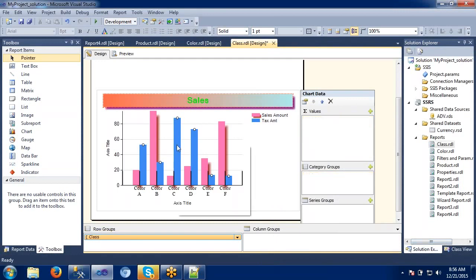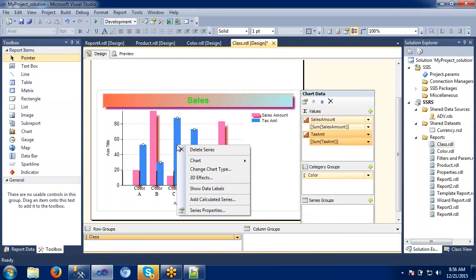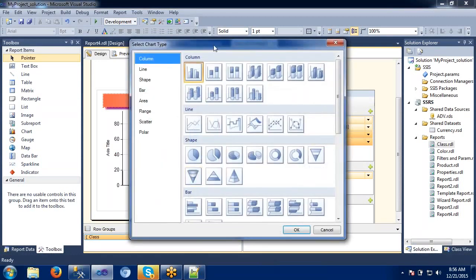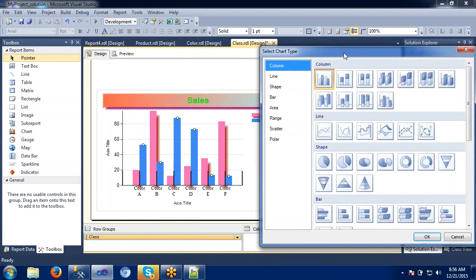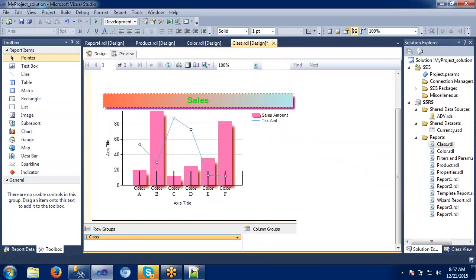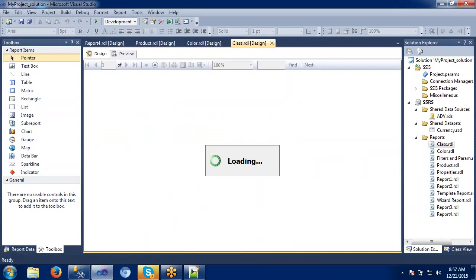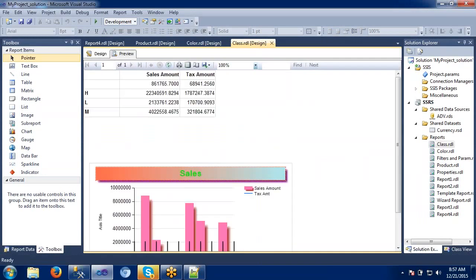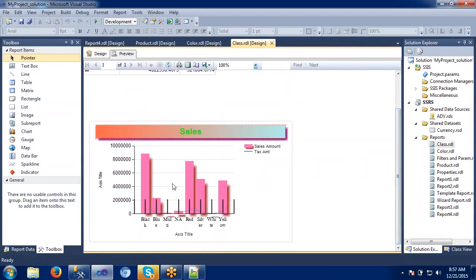Just one more beautiful option we have here is, once you are okay with all this chart report, simply what we can do here is change the chart type. Right now I am using the column chart, right? I want to use the line chart, just click OK here. See, now it has changed to a line chart. Just preview it here. It means simply I can change my chart type at any time. Okay, that's the beauty in SSRS here.